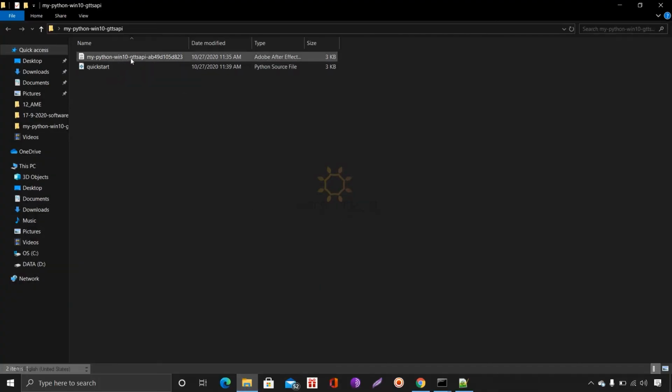Here you can see this is the JSON file. First we need to copy this location.